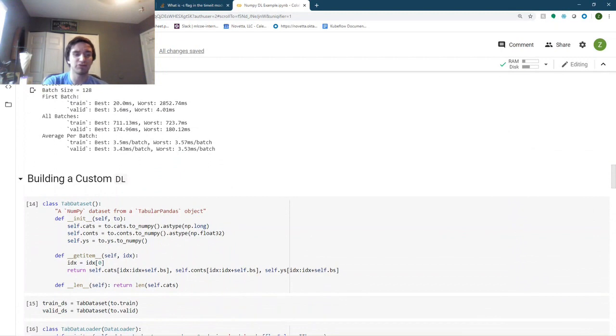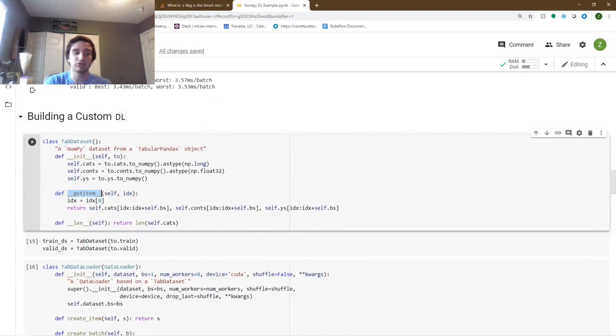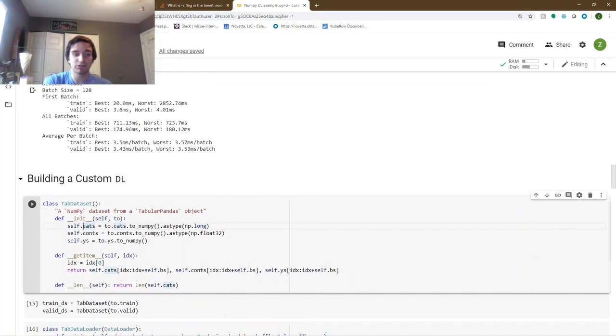So the first thing we're going to want to do when building a custom data loader is we're going to want a dataset to use. Now, for those of you very familiar with PyTorch, you'll understand exactly what we're looking at here. For those of you who are not, __getitem__ is how you're going to go through and grab your items from your dataset. And this is where we want to return our particular values from our dataset from some index that gets